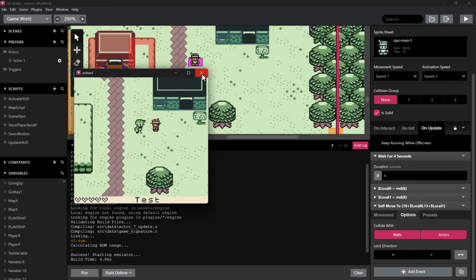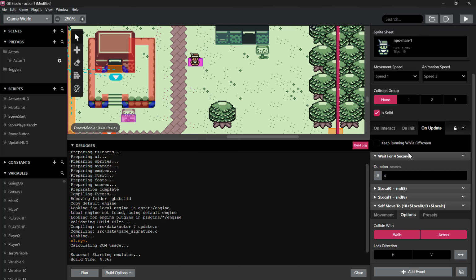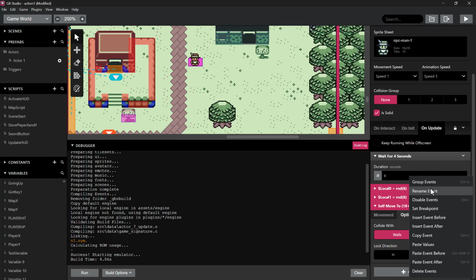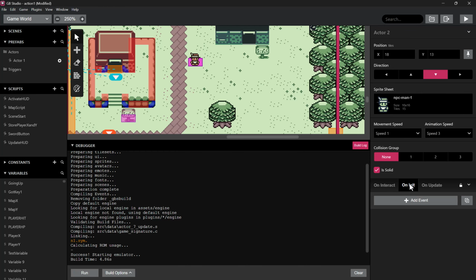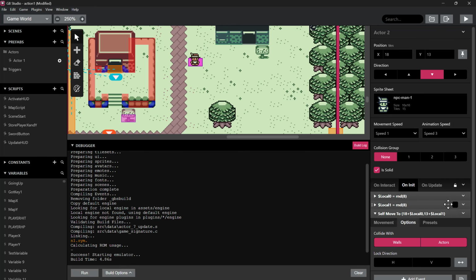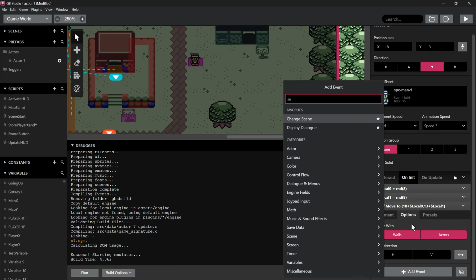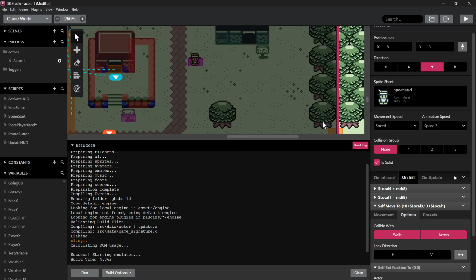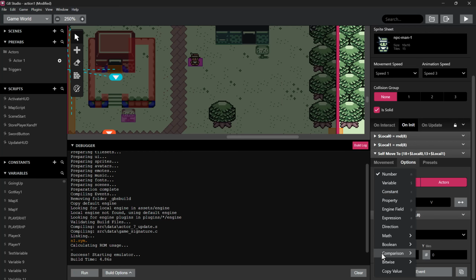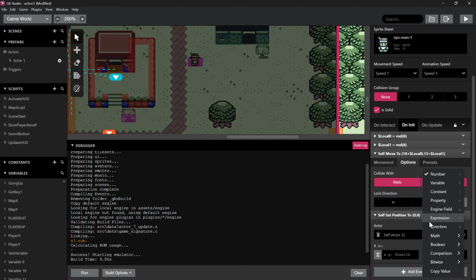So what I'm going to do is I'm actually going to set a variable. And then also, yeah, I am going to run this on initialize as well. So I'll just do this and I'm going to copy these events. So on initialize, I'm just going to paste these. And actually, instead of self move to, I'm going to insert event, set position, and I'm going to do the same thing here. So expression,